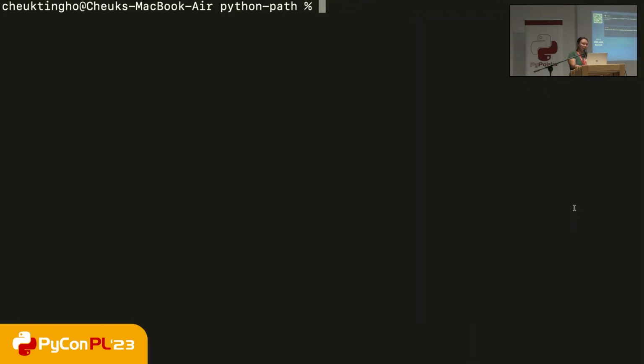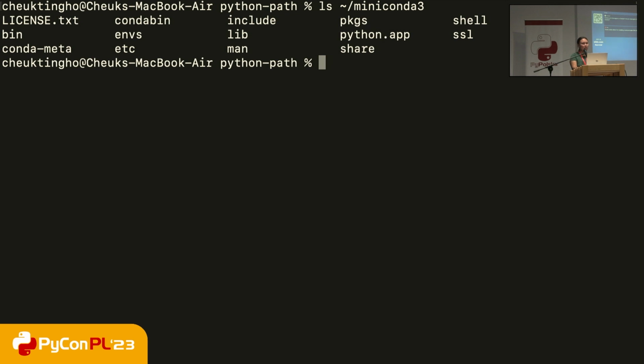So here I have Miniconda installed. If you look at what's inside, you will see again a lot of folders. There's a bin, a lot of scripts are stored there, and lib, so very similar. But this time, to activate it, you don't go to the bin. You have to go somewhere else first. So you would have to go to